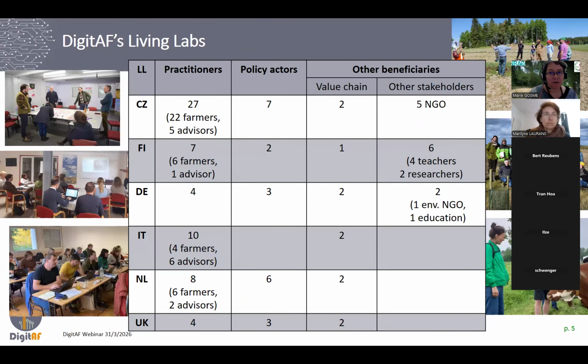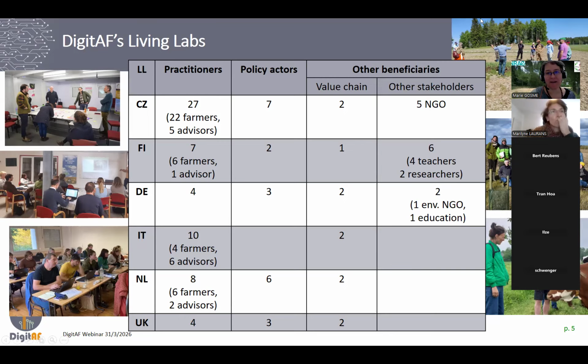We also worked around living labs. Our stakeholders and end users were gathered in living labs in six different countries: the Czech Republic, Finland, Germany, Italy, the Netherlands, and the UK. In those living labs, we had indoor meetings to collect information, to test the tools, and to train the users in these different tools.